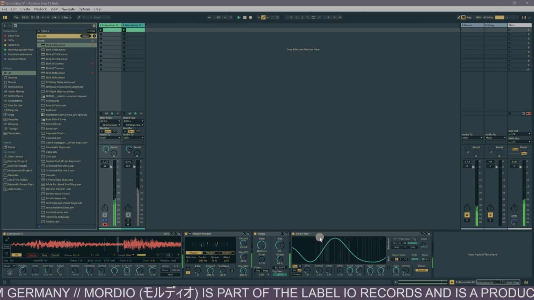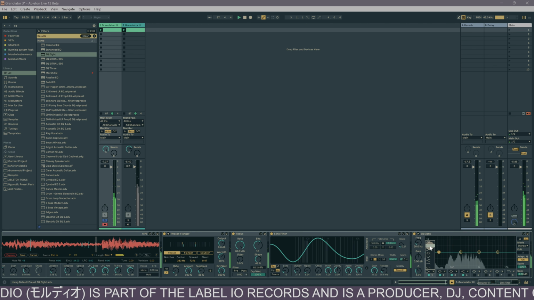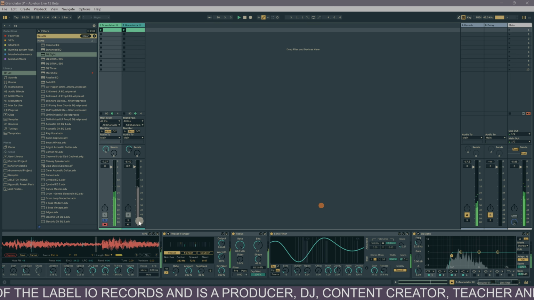But maybe we cut here just a little bit of the bass. Just to have it here.